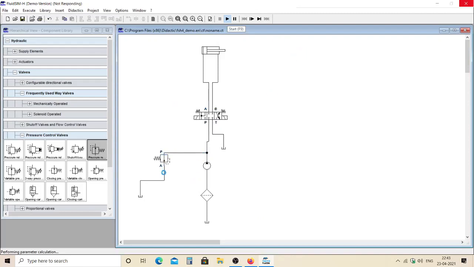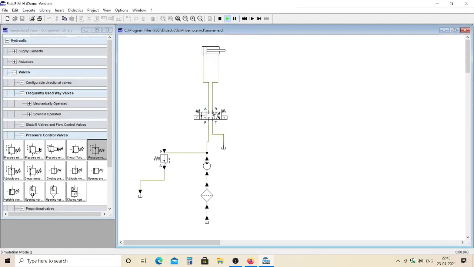See, the pressure relief valve is open also, and the oil flows directly to the tank. Now in case of neutral stroke, at this point all valves are open, so the oil will not flow from the tank to any side. Now see, you can check the movement of the oil. The oil will move from tank to pump, to the pressure port. Here the back pressure will be created and the oil will go back to the tank through the pressure relief valve. In this case the pressure relief valve is open, that's why the connections are in line.